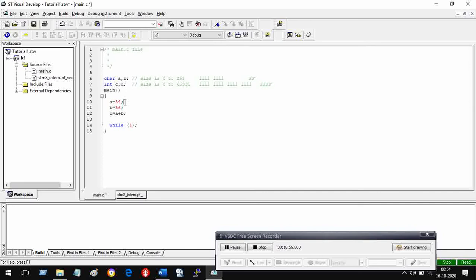If you forget to put the semicolon, you will get an error during compilation. So B is equal to 56, semicolon. C is equal to A plus B, semicolon.